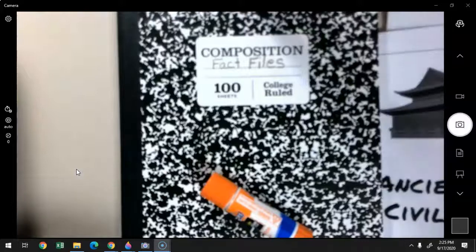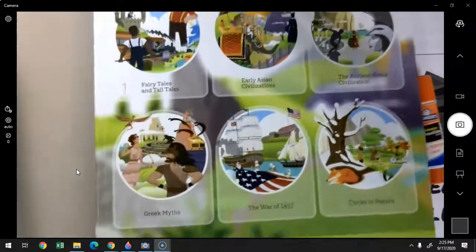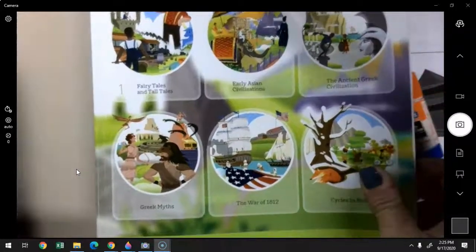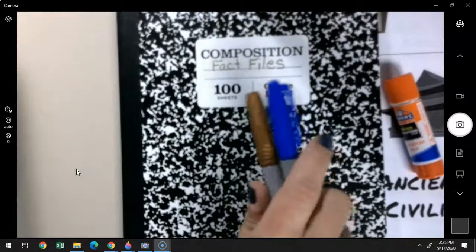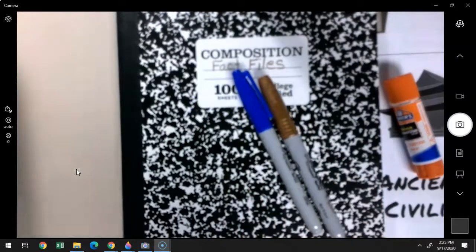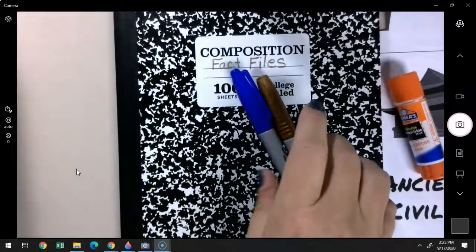The last couple things you need, got a lot of stuff today, is you need this knowledge book, and you need your pencil, of course, and you need a brown and blue crayon, colored pencil, or marker.